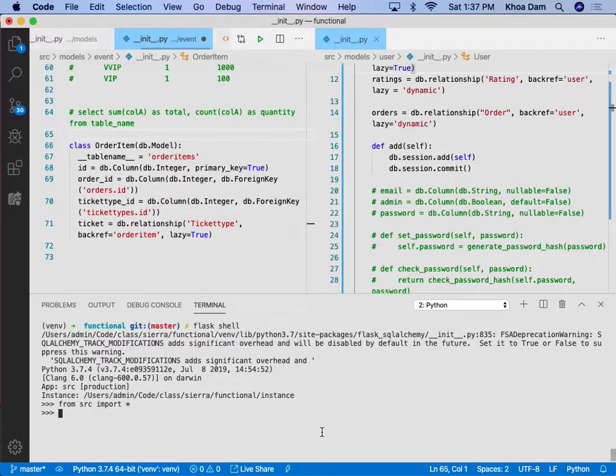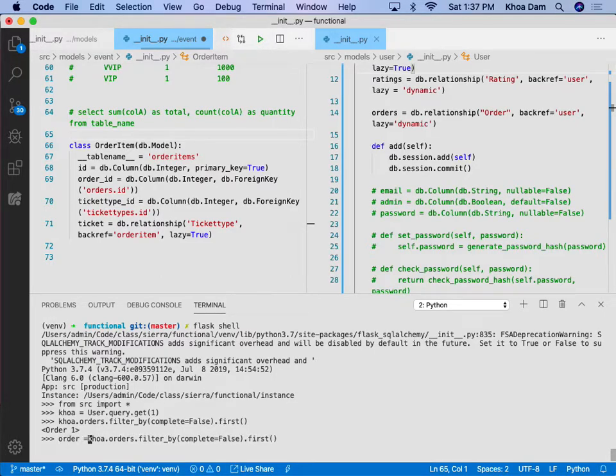Okay, now I want to see the list of our order. User qua, qua is current user. Okay, user.query.get number 1. Okay, qua.orders.filter_by complete equal to false. I want to see the order that's not complete, the current. Okay, I see one order, and then from that order, I should have named it